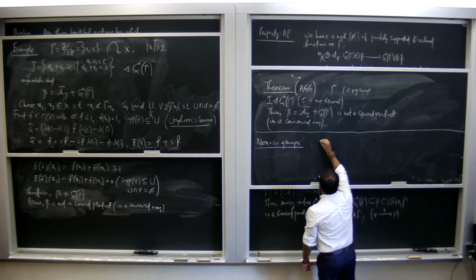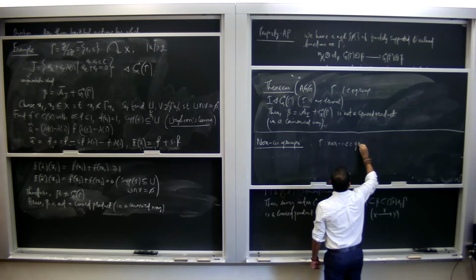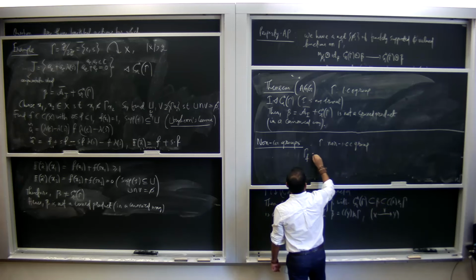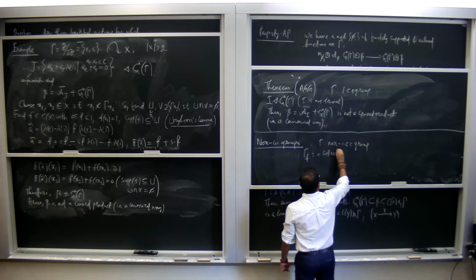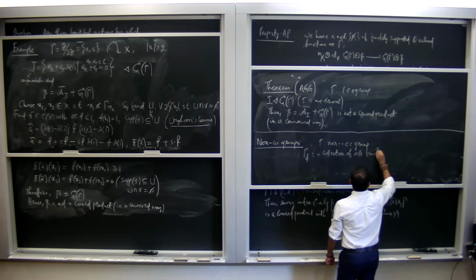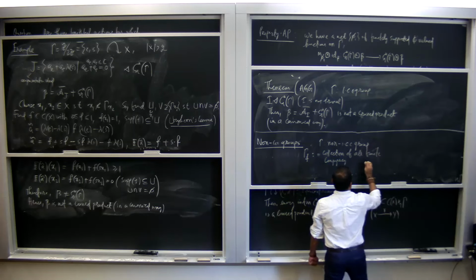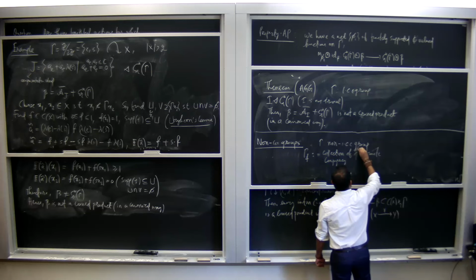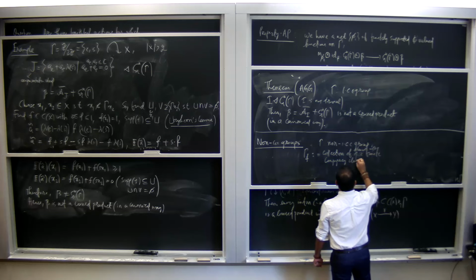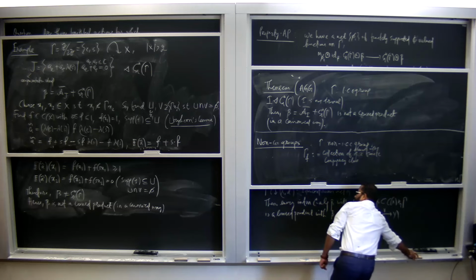So if gamma is a non-ICC group, then what we can do is look at gamma F, which is the collection of all finite collection of elements with finite conjugacy class. And then the theorem says that